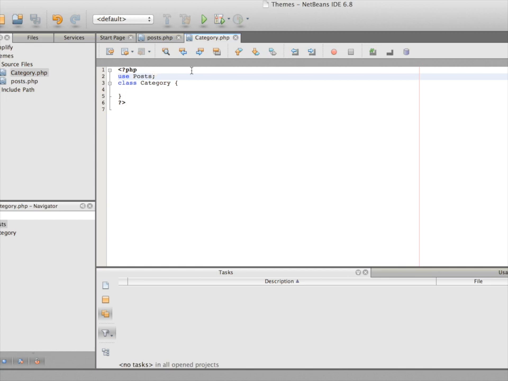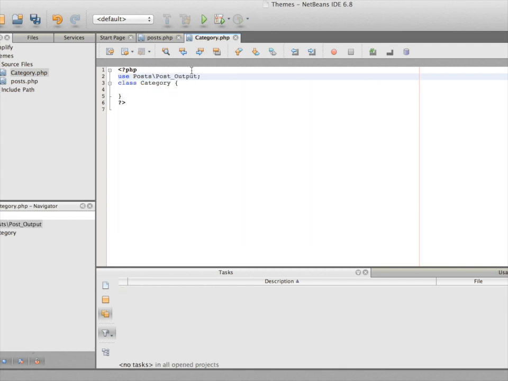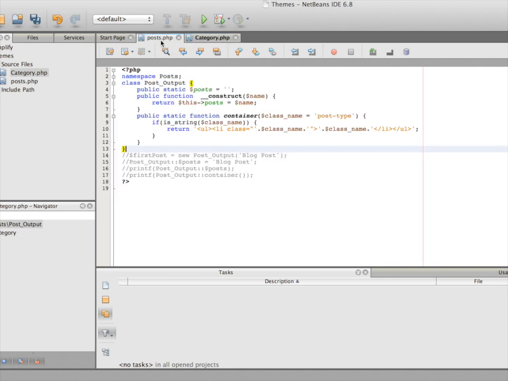Your namespace might be large. It might contain several different types of classes. So if you really want to use some sort of class or some sort of functionality inside your new script, you need to call that class. You just need to add a backward slash and then add the class name that you're interested in. So this tells the compiler to use or reference the post output class and all its functionality,